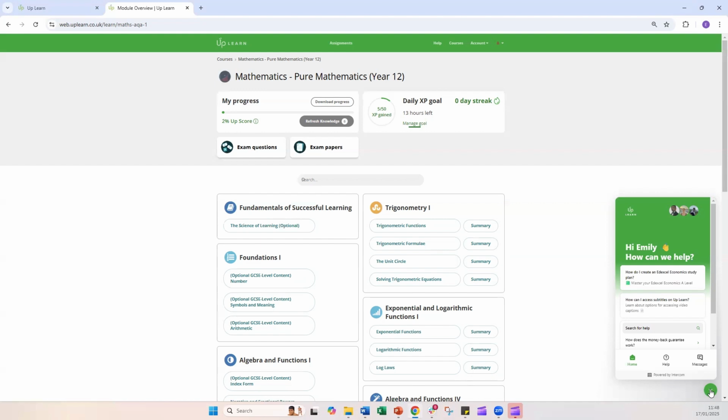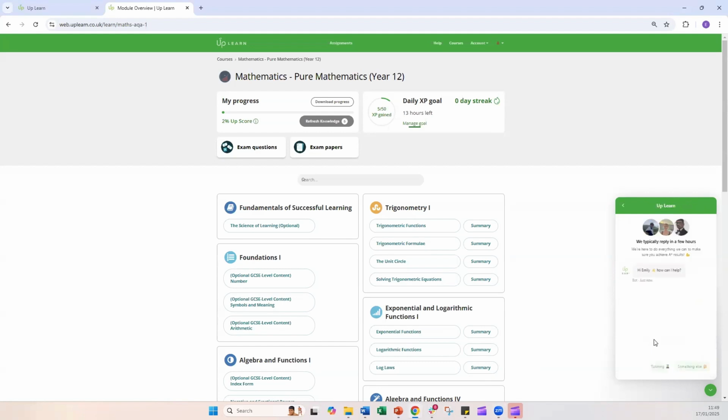If you message a tutor for help on a topic but haven't watched the video yet, this is the first thing they'll ask you to do. The tutors are available through the live chat function. Simply click on the chat function box, select messages, send us a message, and then you can select tutoring and